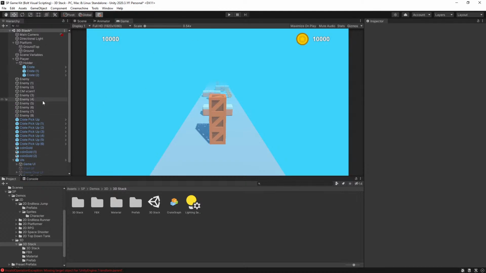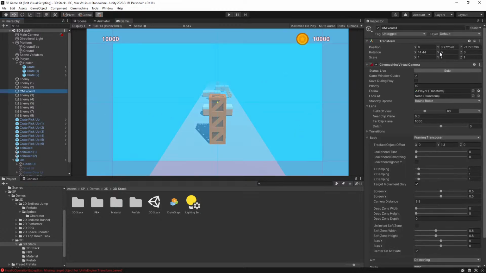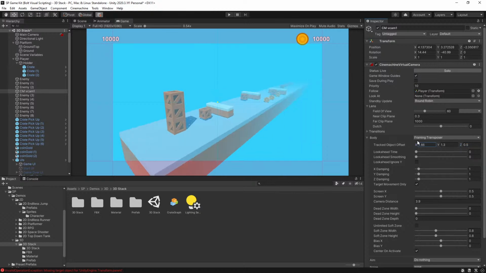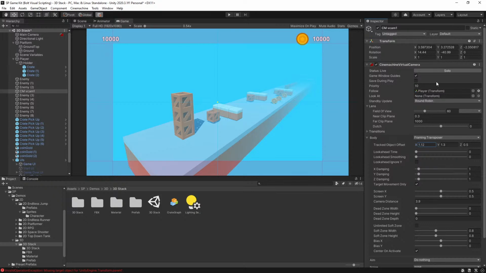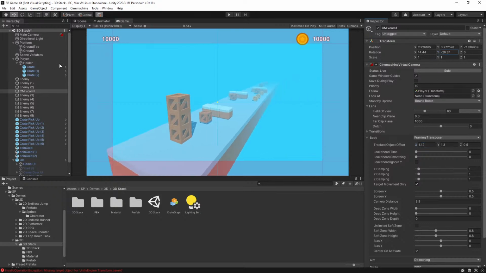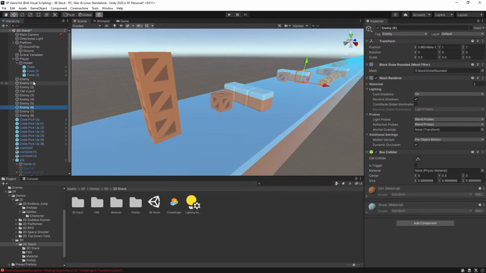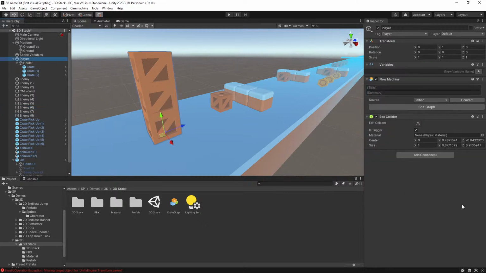Okay. Let me rotate it. I think this is probably the angle that I would go for, and then something like that. Okay, so I still want to make the swipe controls, not swipe controls, but be able to move